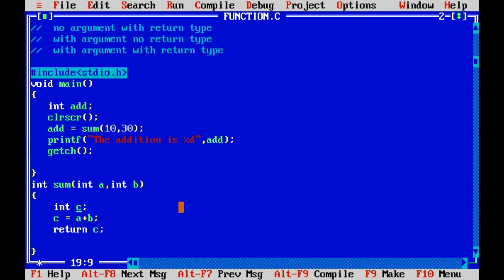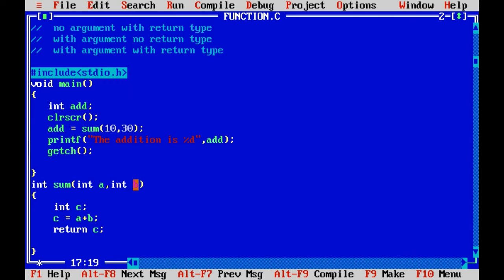I will just keep C. Inside this argument I am initializing the value a and initializing the value b. When I am calling, I am passing two values, which are 10 and 30. To catch that value, we need an integer data type, a. I am telling integer a, I want to store the value 10 which is coming from the main into this sum function as variable a's value.